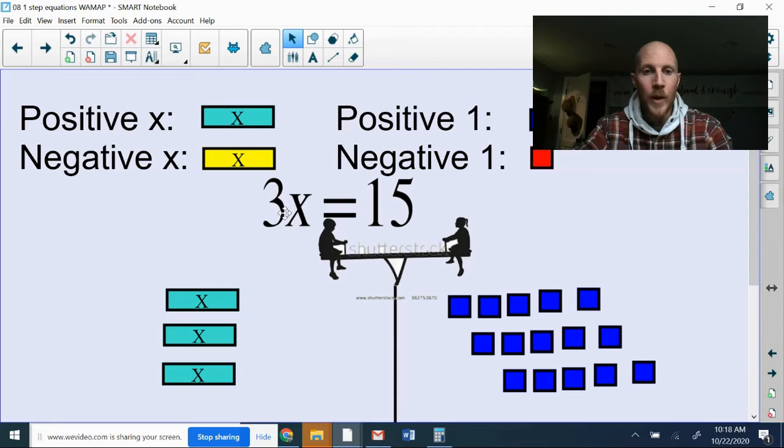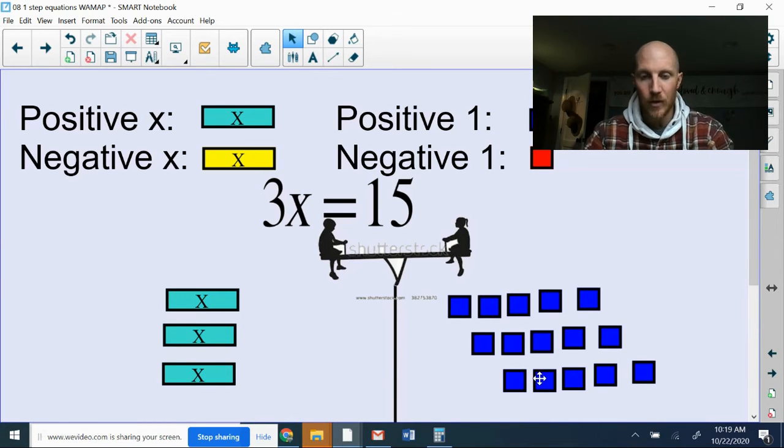So 3x equals 15. I've got three of the x tiles, and on the other side, I've got 15 individual little single tiles. And so the 3x balances the 15. So it's a one-step equation because I just need to do one operation to find out how much x equals. So x represents an unknown number. What I know is that if I have three of those x's, it's going to be the same as 15